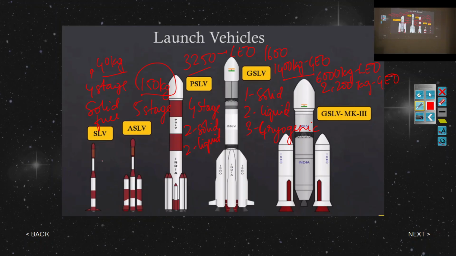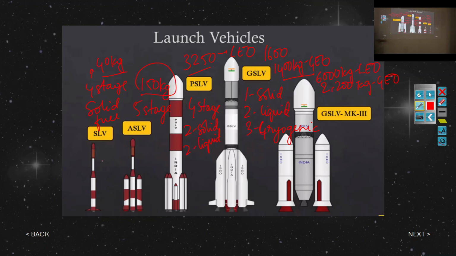Okay, and then we have other next gen launch vehicles they are also doing, which are reusable. All of this falls down, so we cannot reuse what is used for the fuel. But in next gen, they are planning that we can reuse the parts around 15 to 20 times, so that we do not have to spend so much money on building just one rocket. We can reuse the parts and then our cost will be less. They are also planning to do these reusable launch vehicles, and that is in the future.